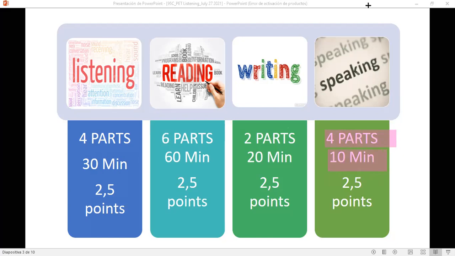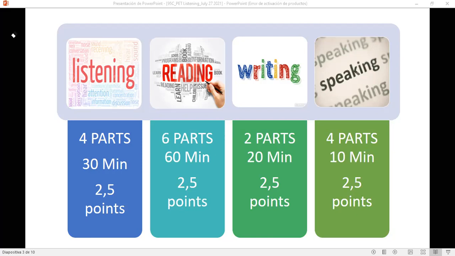So as you can see, this exam has 4 main skills that are going to be graded, each with different parts. Today, we're just going to talk about 2 parts, which are listening part 1 and part 2. And in the next class, we will cover listening parts 3 and 4, and we will practice a whole listening part in real time. So these are just some lessons that you will have in order to practice and to see how this PET exam is.